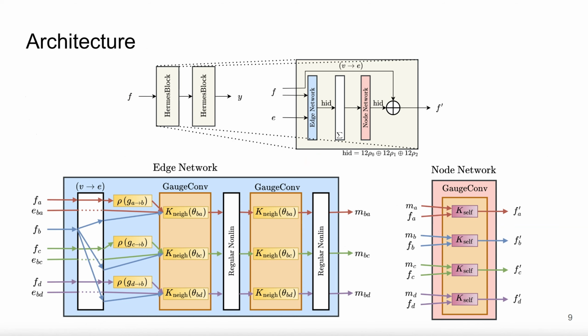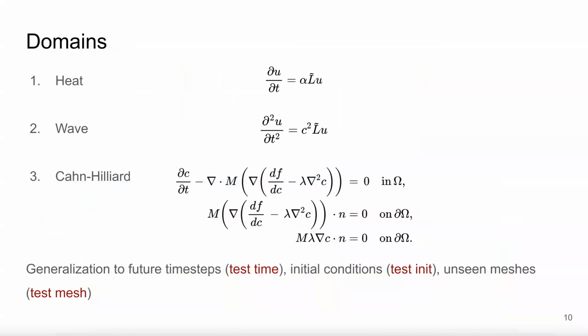We evaluate our method on several different domains, such as surface PDEs, cloth dynamics, object interactions, and also shape correspondence. For the PDEs, we consider the heat equation, the wave equation, and the Cahn-Hilliard equation. The Cahn-Hilliard equation describes phase separation in a binary fluid mixture, and is a complex fourth-order nonlinear PDE. We also test on generalization to several scenarios, to future time steps, to unseen initial conditions, and also to unseen